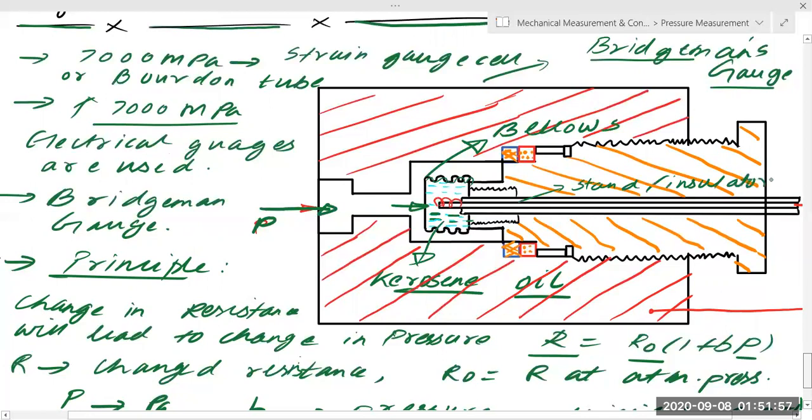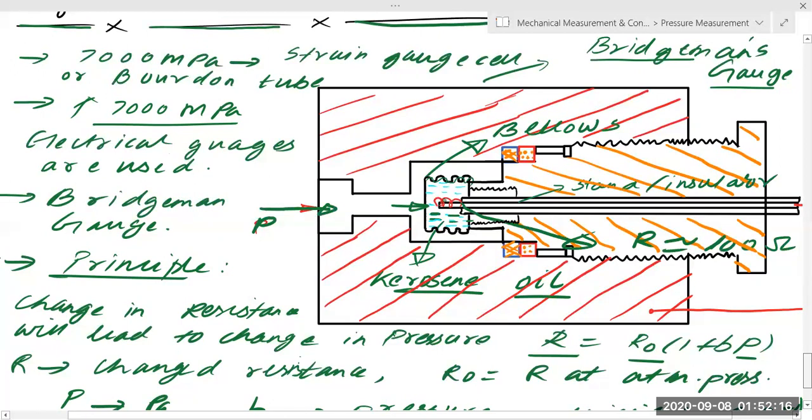Okay, it can also act as an insulator. Now there is a wire. If you can see this red portion, this is a wire, which will have some resistance. I'll give you a value. It will be near about maximum up to 100 ohm. This wire will have a resistance of 100 ohm.